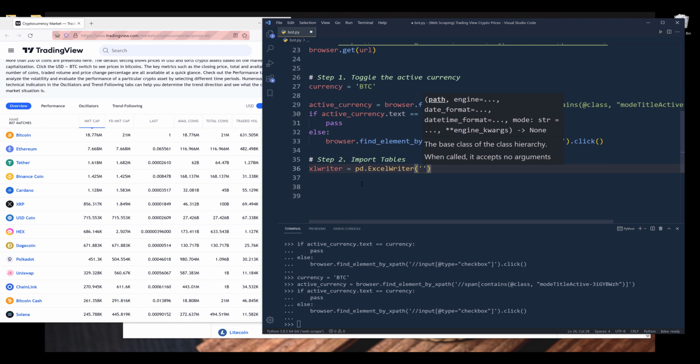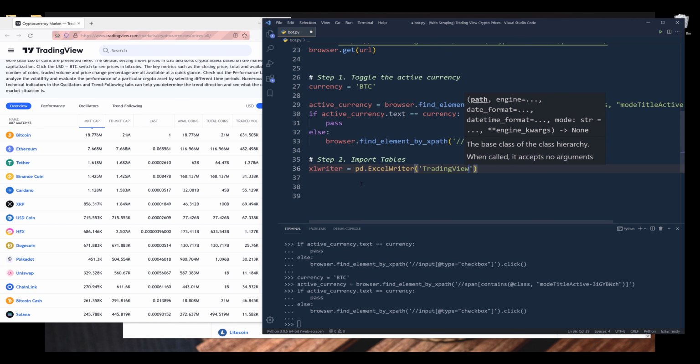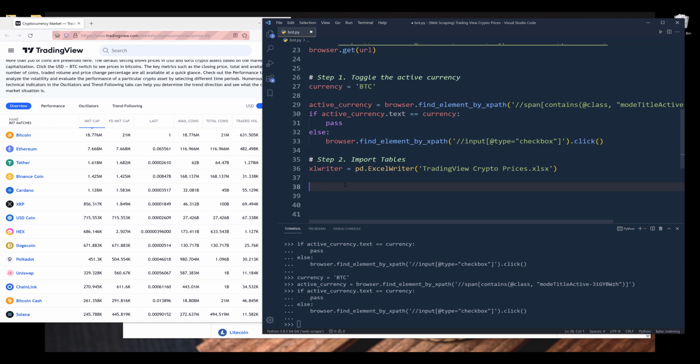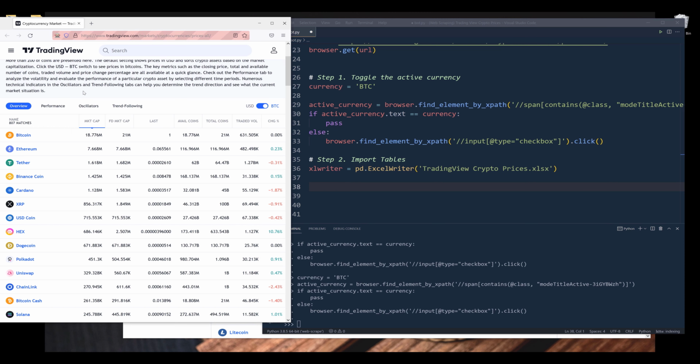For the file name, I'm going to name the file TradingView crypto prices.xlsx. Next, I want to find all the categories. So for this Excel spreadsheet, we're going to have 4 tables or 4 tabs. And since I don't want to manually type the category names,